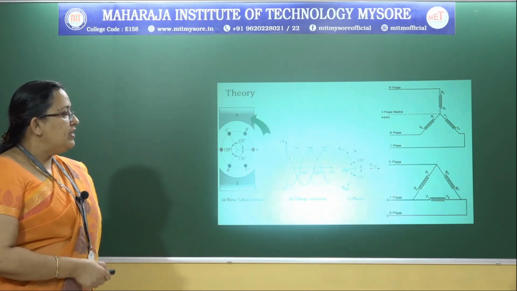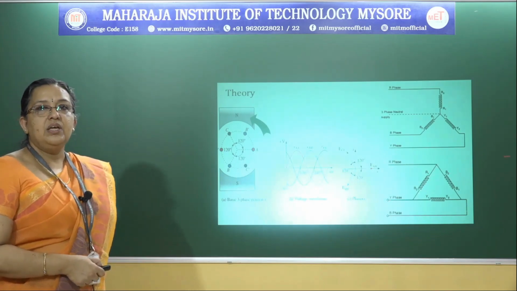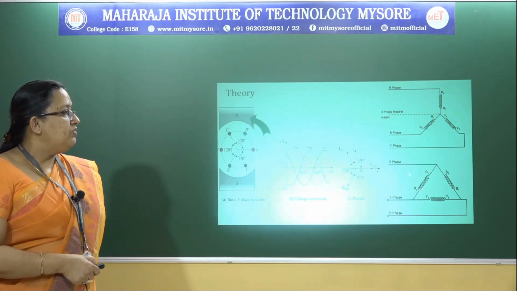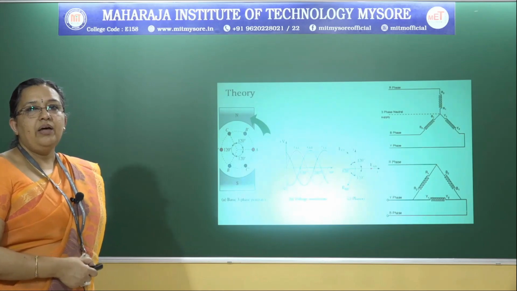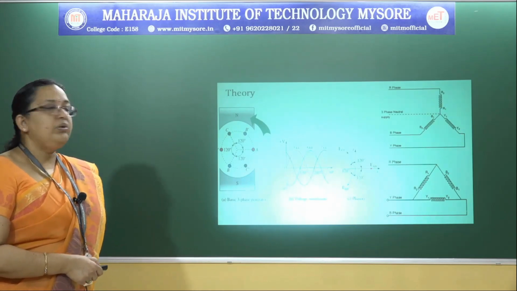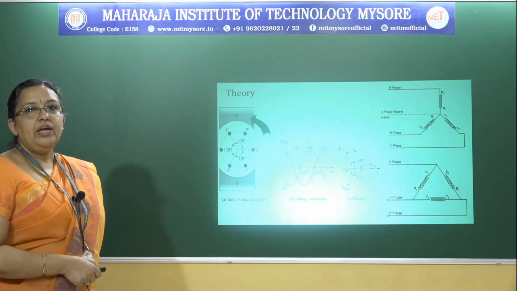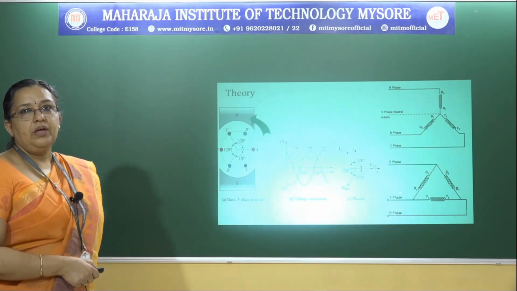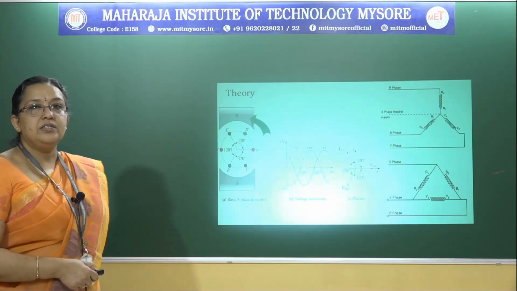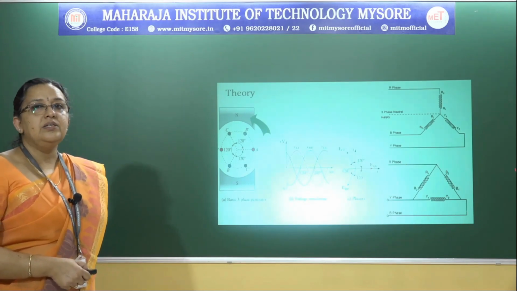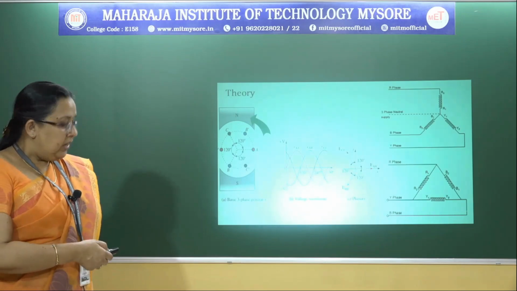you have only phase connections here, R and Y, Y and B, or R and B. So in such a case, the voltage which comes across the load remains the same as it does not have a neutral. So the phase voltage and line voltage remain the same in a delta connected system. But the currents vary. In a delta connected system, the line current is root 3 times the phase current. So that's the difference between the 2.